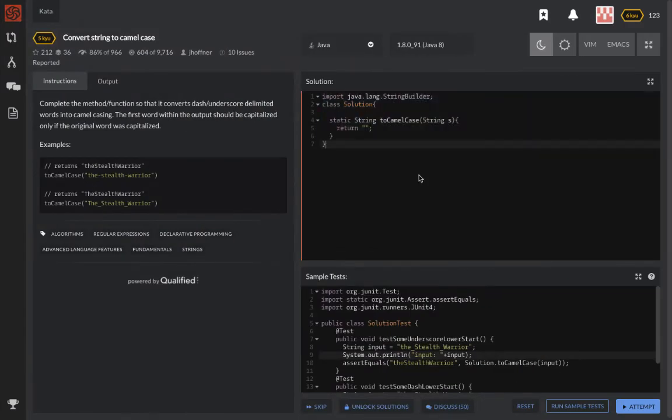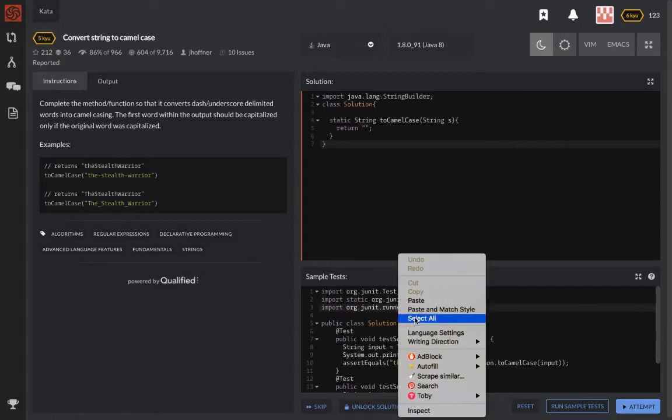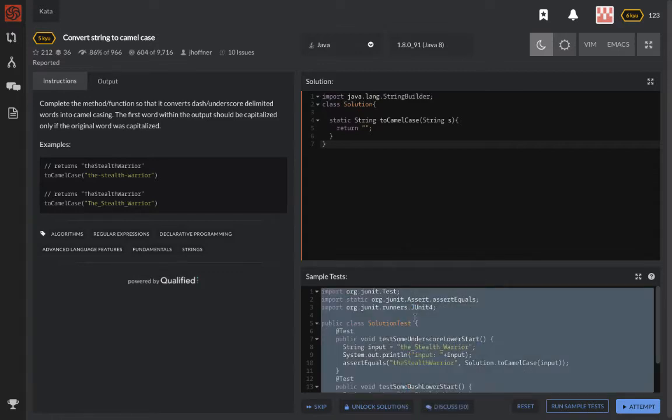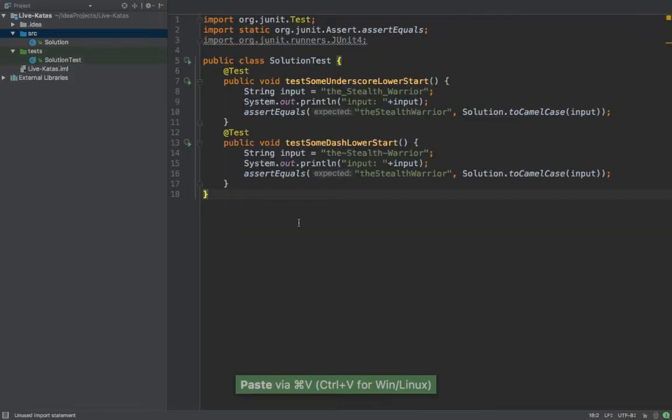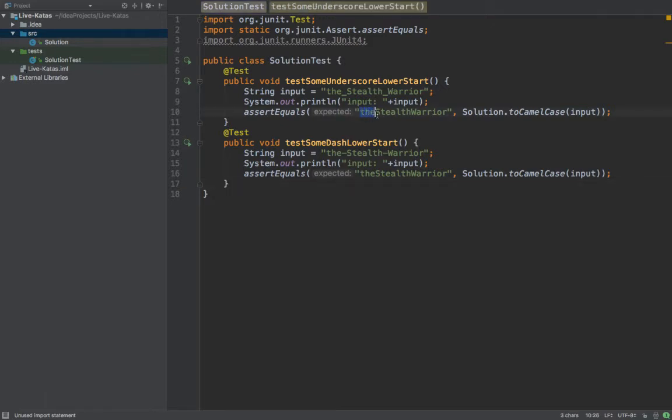If we go back to the site, we'll want to copy the test as well, and we can just replace everything. We know that our expected output should be: the first word should be whatever it is from the input, whether it's lowercase or uppercase, and then all the other words should be